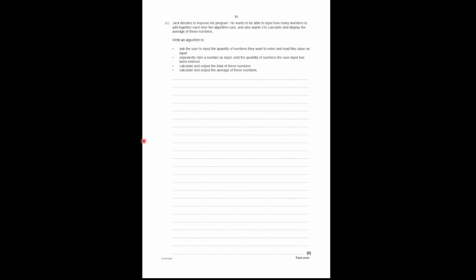All right, moving on. Okay, so here we've got a programming question. Let's start off by reading and understanding the question. One thing I always like to do personally is I always like to look at how many marks it's worth, all right? Now, Jack decides to improve his program. He wants to be able to input how many numbers to add together each time the algorithm runs, and also wants it to calculate and display the average of these numbers. Write an algorithm to